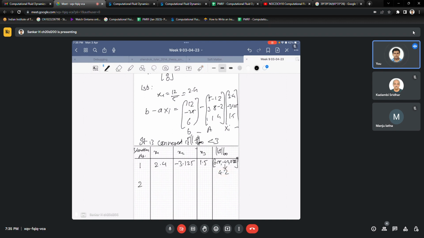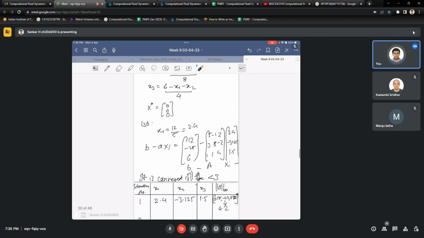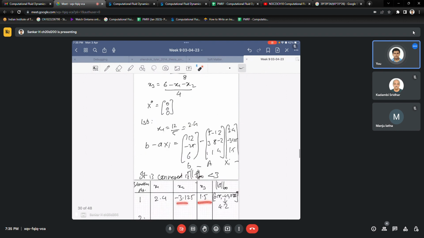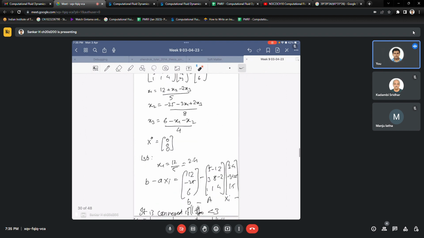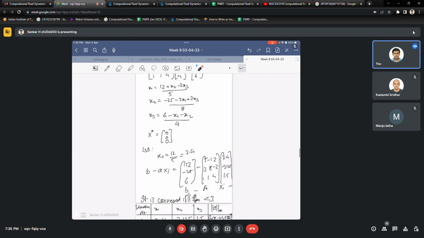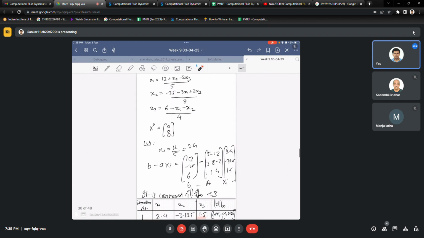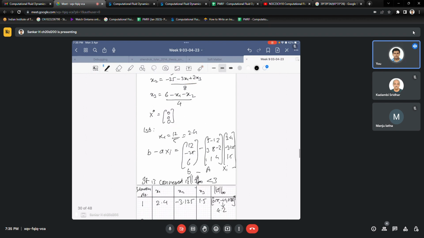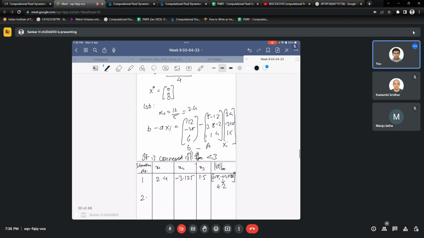Then we go on to the second iteration. We substitute the values of x2 and x3 as minus 3.125 and 1.5 to find x1. So it's 12 minus 3.125 minus 3 will come over here. Minus 2x3 will be minus 3. So divided by 5, and we'll get that value to be around